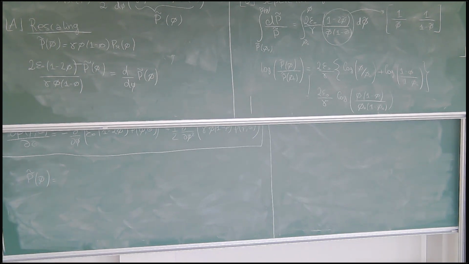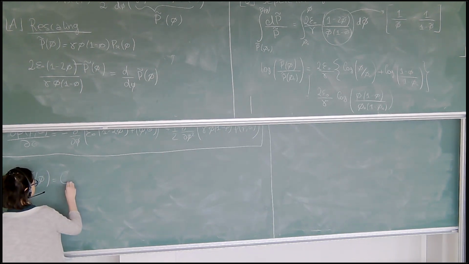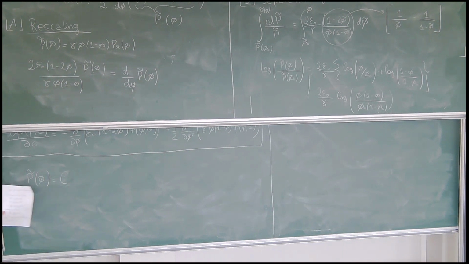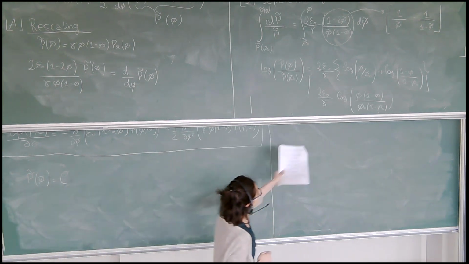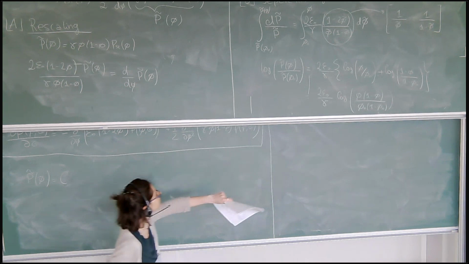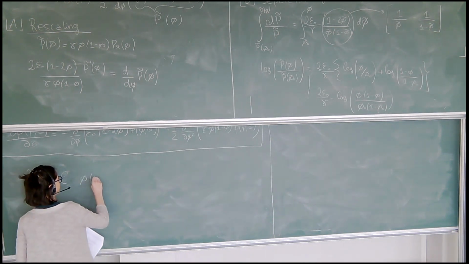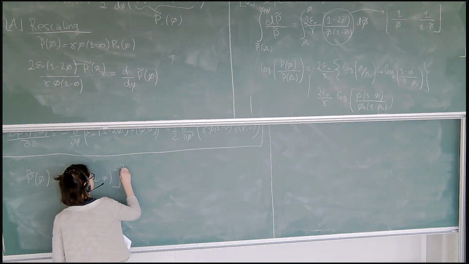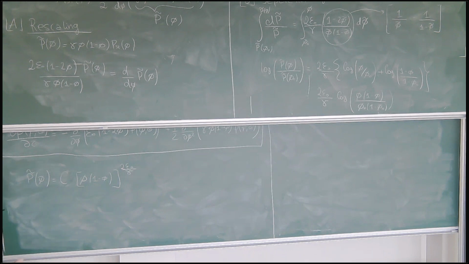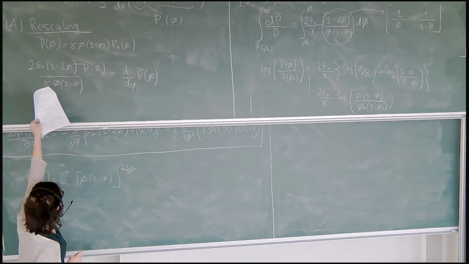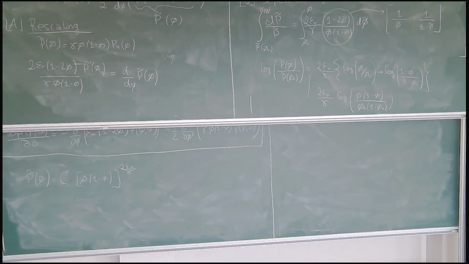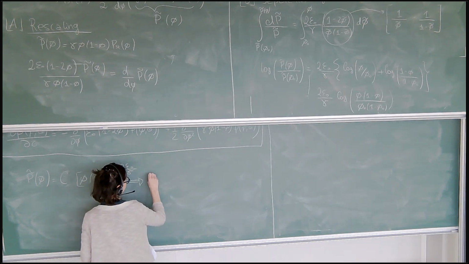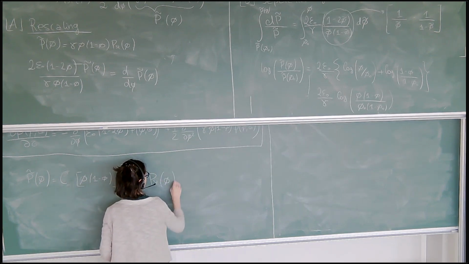So p tilde of phi will be some constant which depends on this arbitrary phi 0, which I just call c. So eventually all of the constants, I will fix them by normalization. So I don't need to keep track of what is the constant at this stage. And then I have phi 1 minus phi to the power of 2 epsilon 0 over gamma. But now I have to remember that this is rescaled. So this was phi tilde. So from here, I rescale back, if you want, phi stationary of phi